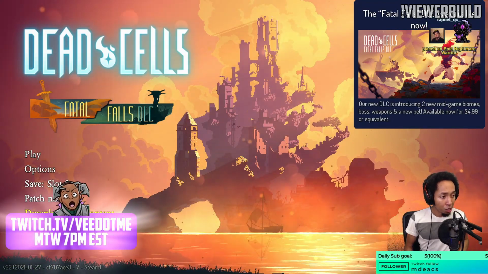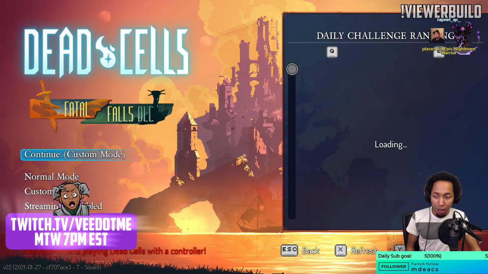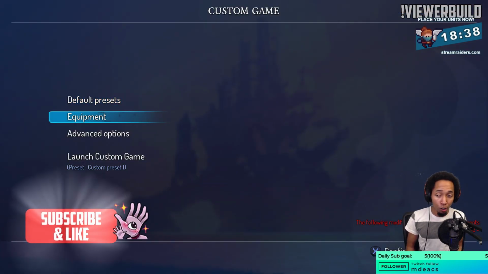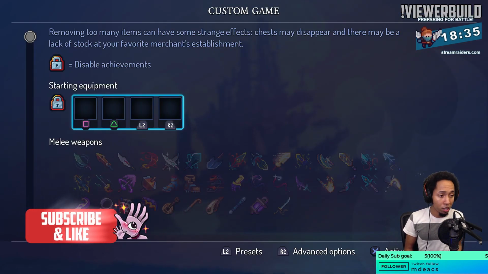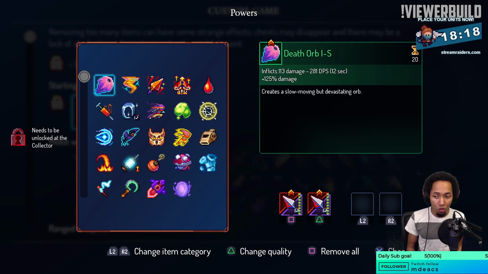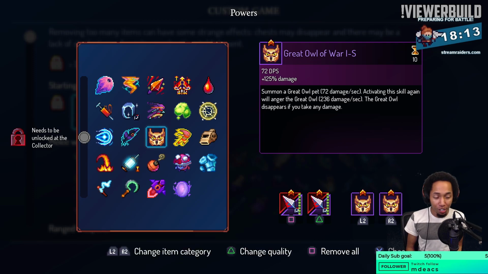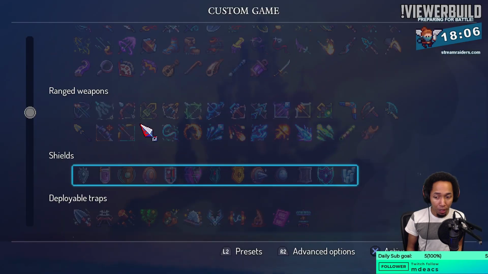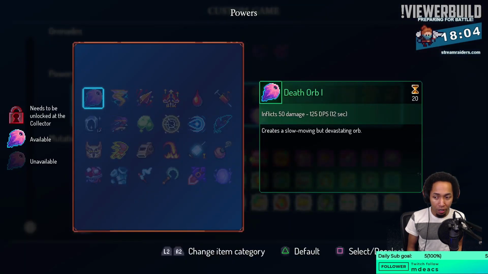What we're gonna do is something that I've been meaning to do for a long time, and that is cell farming. And my version of cell farming is in custom mode. You can make things happen in custom mode that are so strong, the chance of failure is very slim. So the way I am gonna do this, we're gonna be playing with kunai and owls,